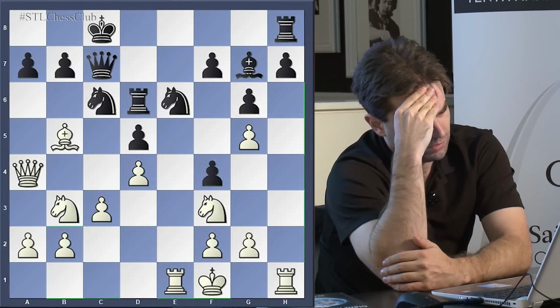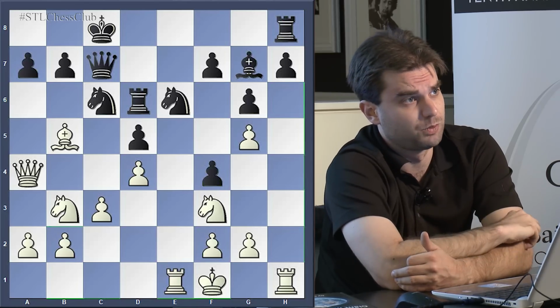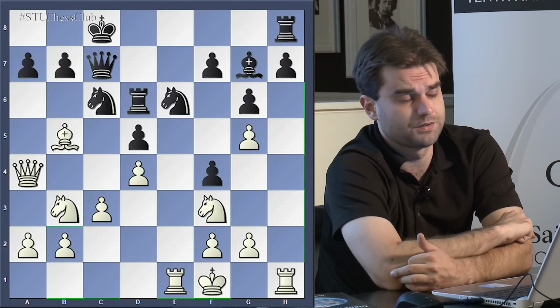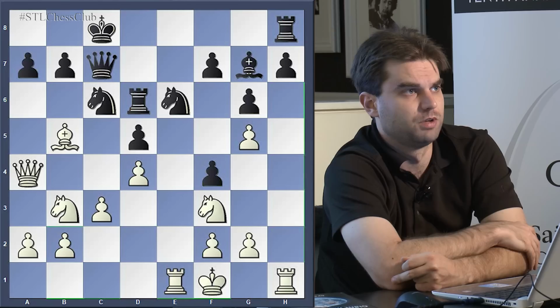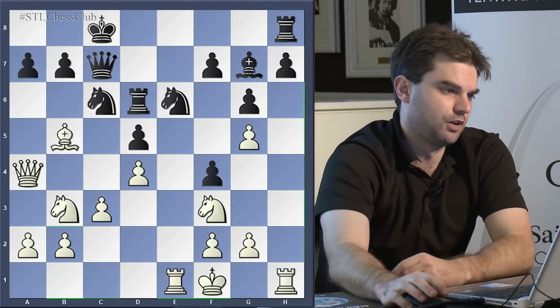And here, my plan during the game was next move to play knight c1. But where else could the knight on b3 look to go? Knight c5 is a serious idea as well. Now, I don't know if Awonder had played king b8 or something, I don't know if I would have played knight c1 or knight c5. I didn't have to make that decision. But if white is able to